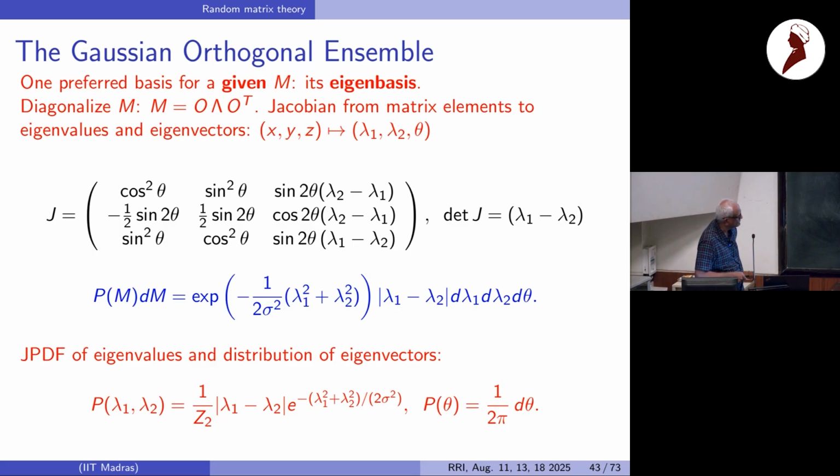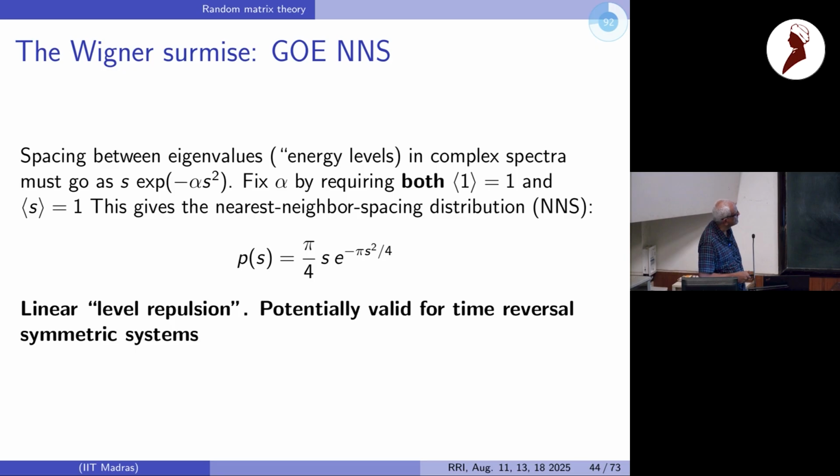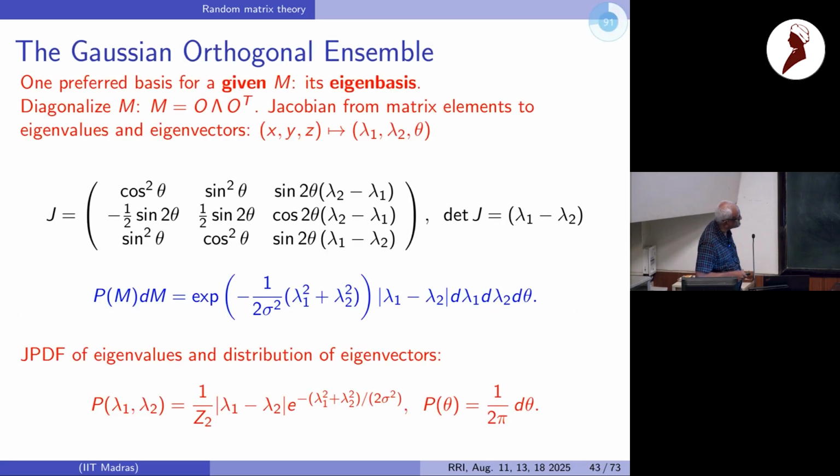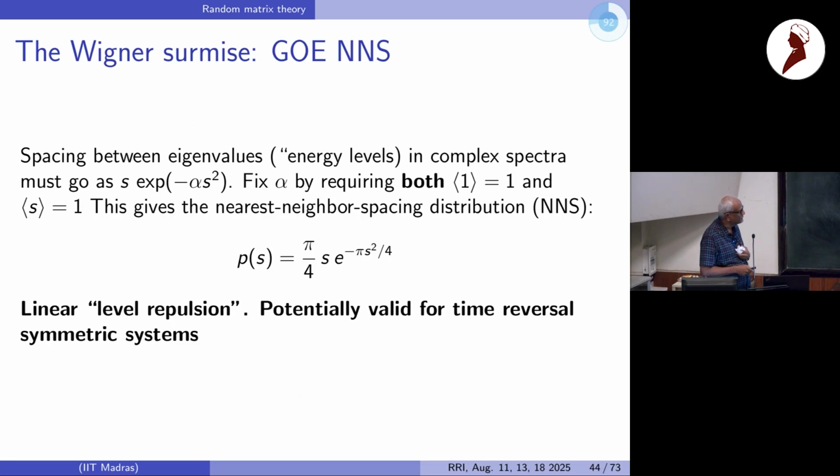And so from this you can derive the spacing distribution. For only 2 by 2, you have only one spacing. So the spacing is given by lambda 1 minus lambda 2. You can easily do this integral, and you will find this, if you require that the mean spacing be 1, then this is the function. This is how Wigner derived this, and it's called a surmise because you see he didn't use any n by n matrix at all, yet this is very close to the large n exact result, which was derived much later by Dyson and Mehta.